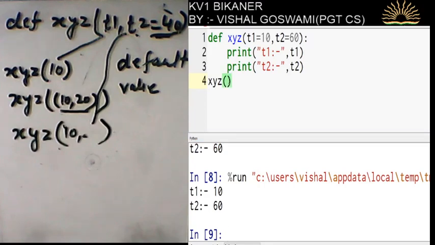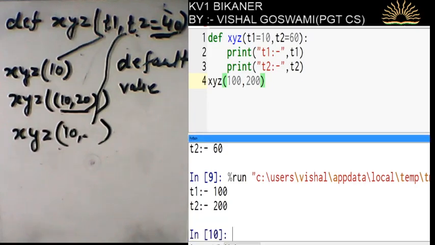But if I provide the values 100, 200, in this situation the 10 and 60 will not be used. The function will take 100 and 200. So the default value will only be used when the user is not giving any value for the parameters.